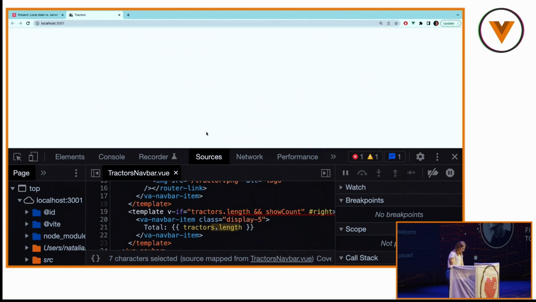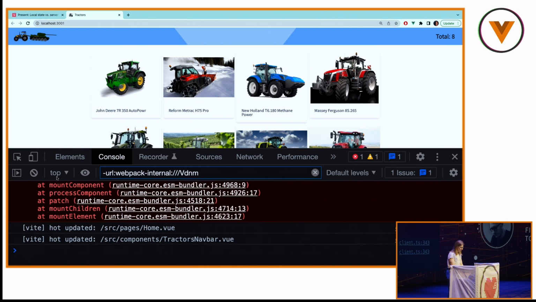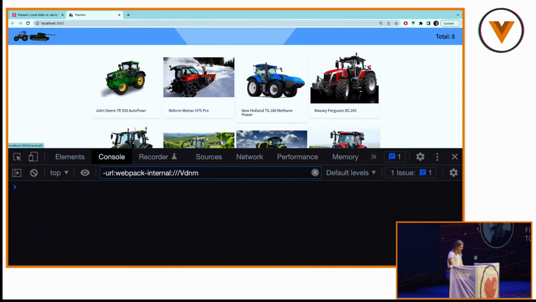So you're still not OK. Oh, yeah, because I put an array here. This is not completely correct because I need to match the structure of the data that I have in the response. And I have an object with a data array. So data is empty. Now we have proper tractors. Everything is cool, but